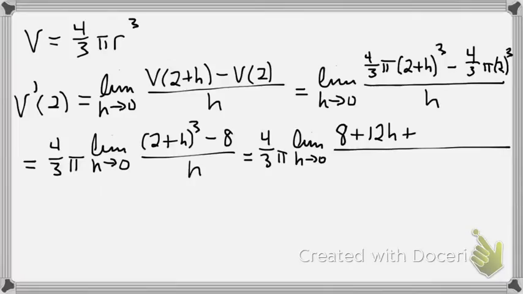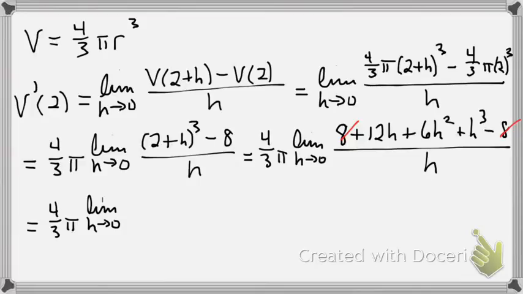Plus 2 to the first is 2 times a coefficient of 3. So that's going to be 6h squared. You guys agree? And then the last one's going to be 2 to the 0, which is 1. And that's going to be 1h cubed. Then we have minus 8, which stuck around, all over h. So the 8 minus 8 will cancel, right? And everything that's left has an h in it, which therefore reduces. So I have 4 thirds pi,